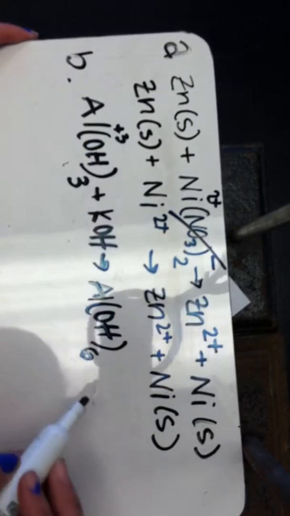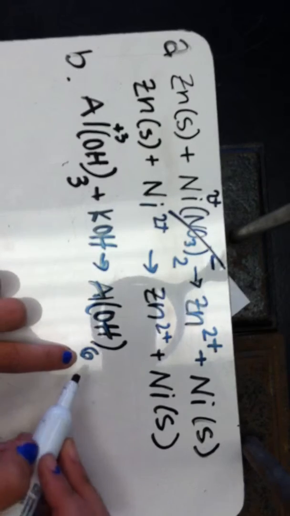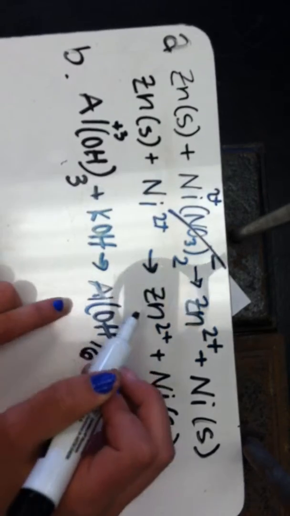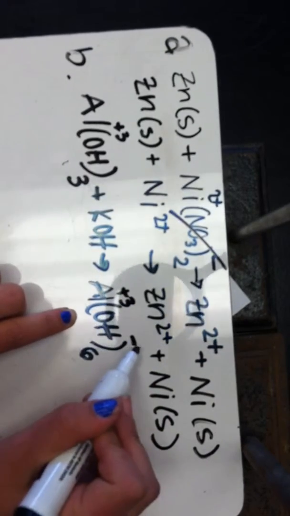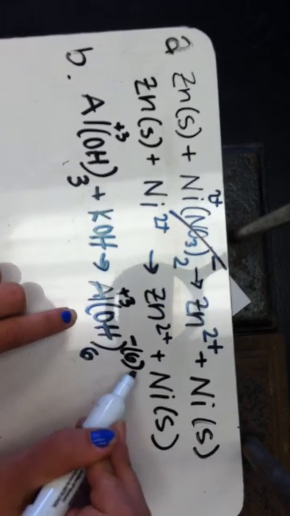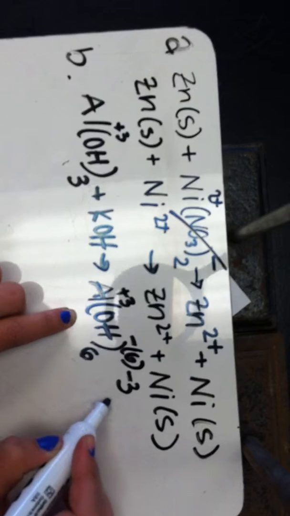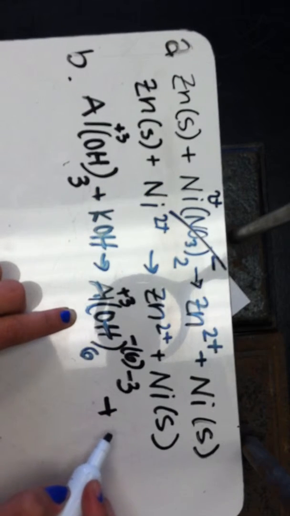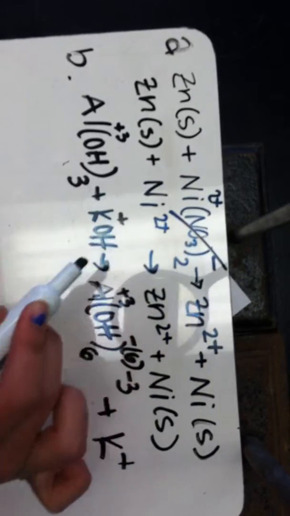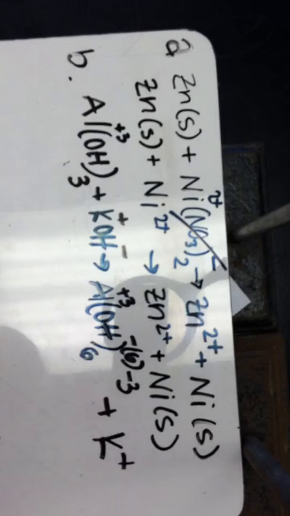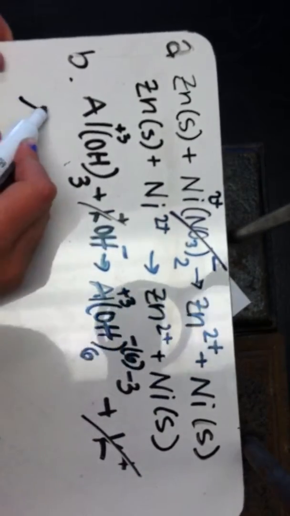ligand that has double the amount of the Al charge. So this Al3 is doubled, and we know this gives you a ligand of 6, and we know that this has a 3 charge, and OH has a -1, and so that times 6 would give you a -3 charge for the outside of it, plus the leftover K plus. But since this breaks up, because it's a strong base, we can cancel out our potassiums, and so in the end it'll equal